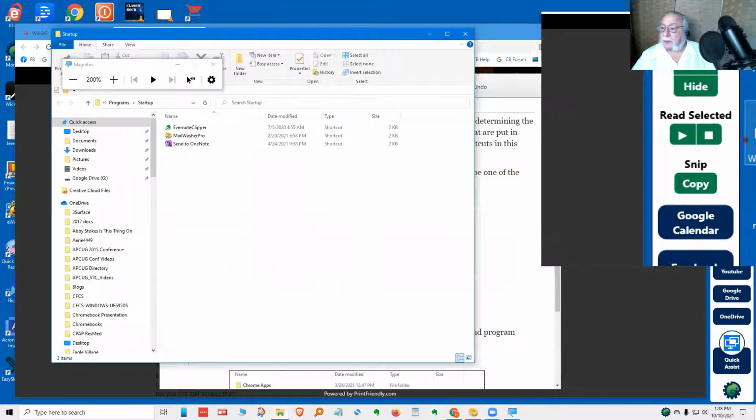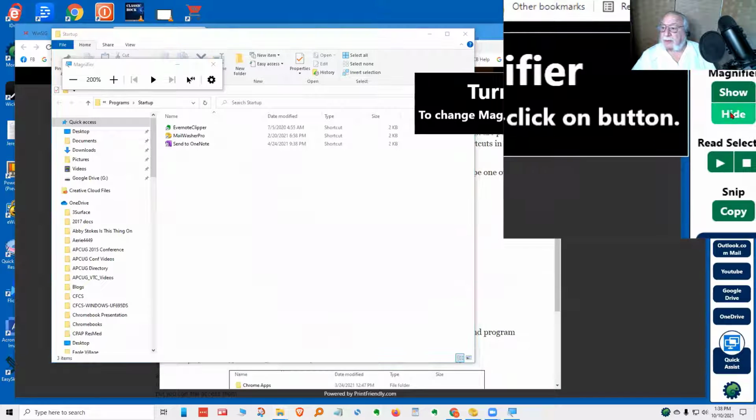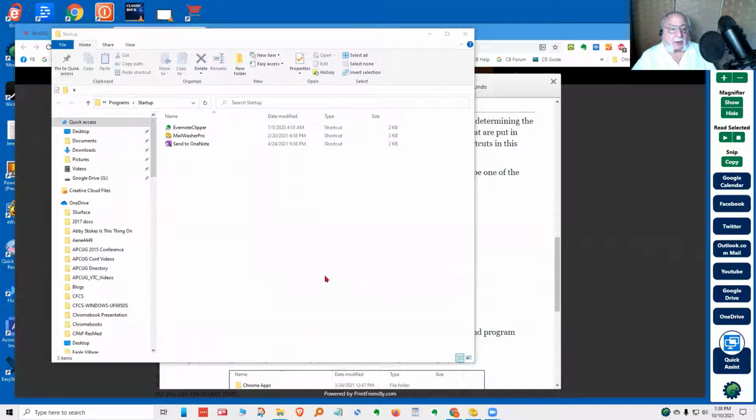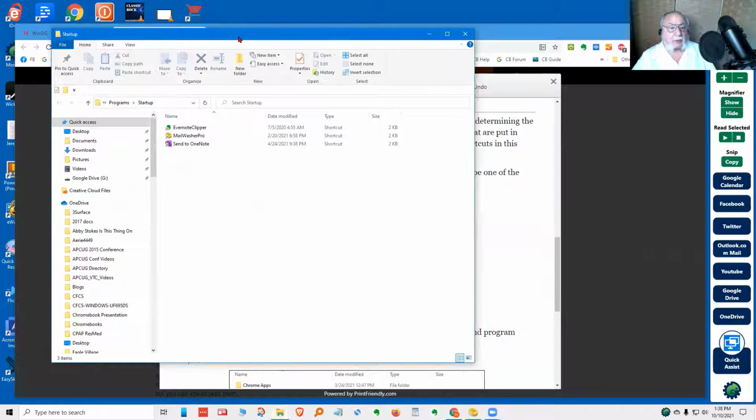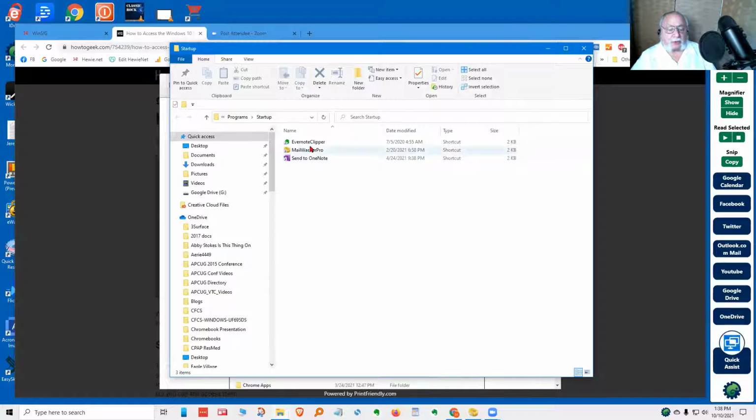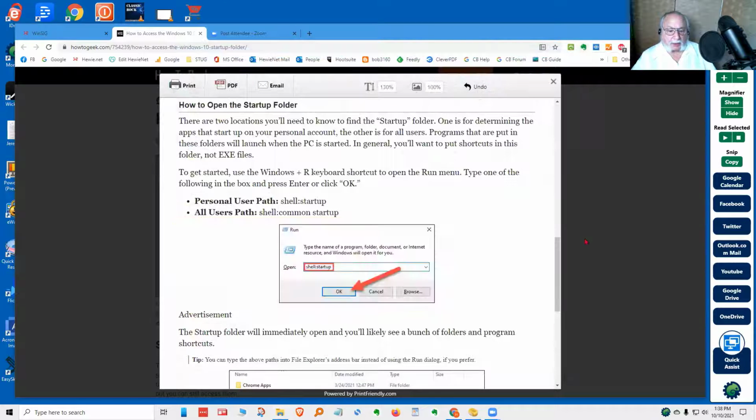And I've got to turn the magnifier off so I can find things. And this is what we get. There's the startup. So there's what's in my startup folder. But if I go to the startup common and startup, so again,